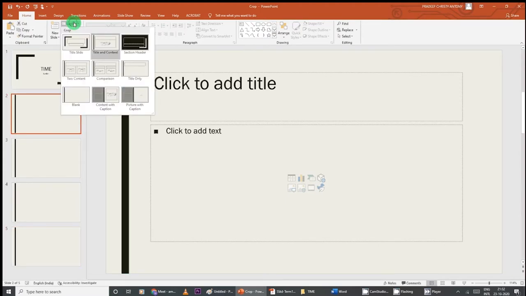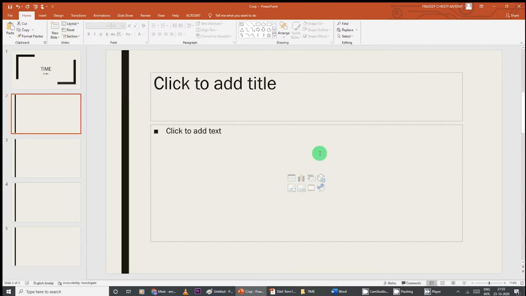Now I can change my layout. So I can have this. Okay, I will go with this layout. Now I need to add picture to this. Now first I need to add a clock. My topic is about time. First I want to teach my children the face of the clock.